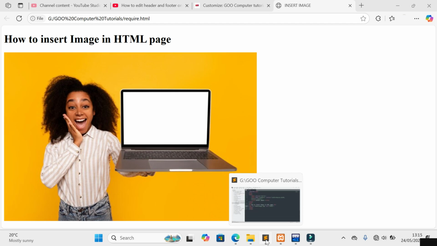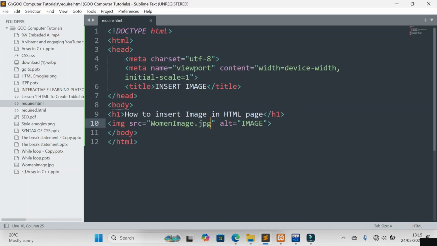We already learned CSS, how to use inline CSS. If you missed, you can go back and watch the previous lessons to see how it works. So to use inline CSS, we just click here before closing an image tag, then use style